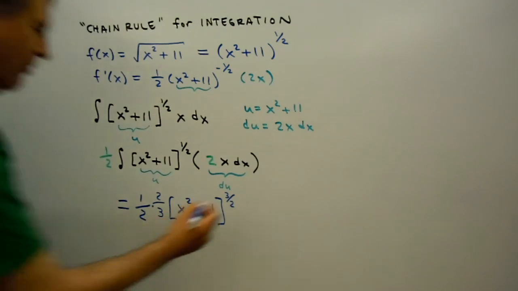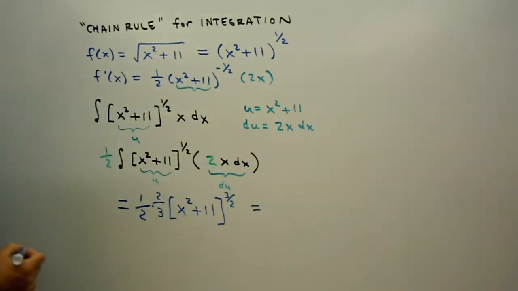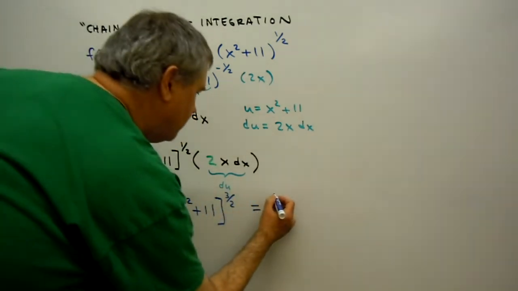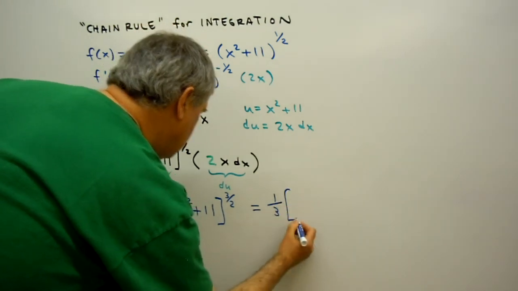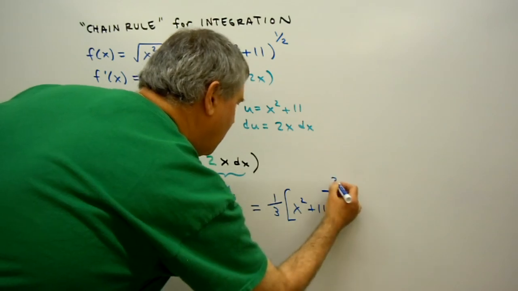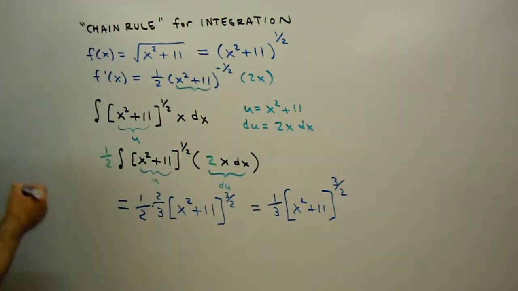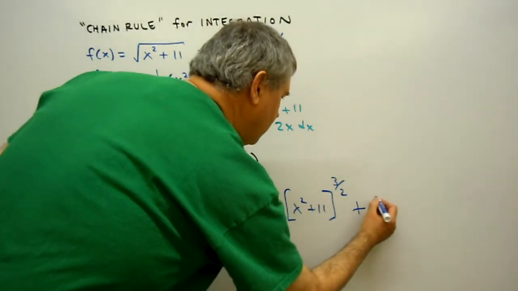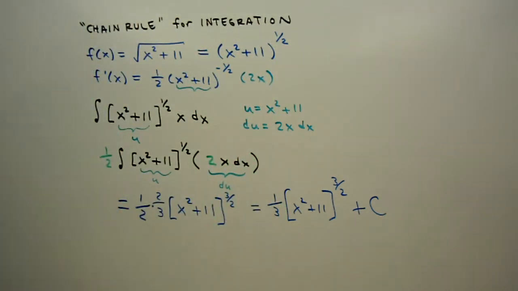And if we simply simplify what we have up front, we have 1/3 of x squared plus 11 to the 3/2 power,